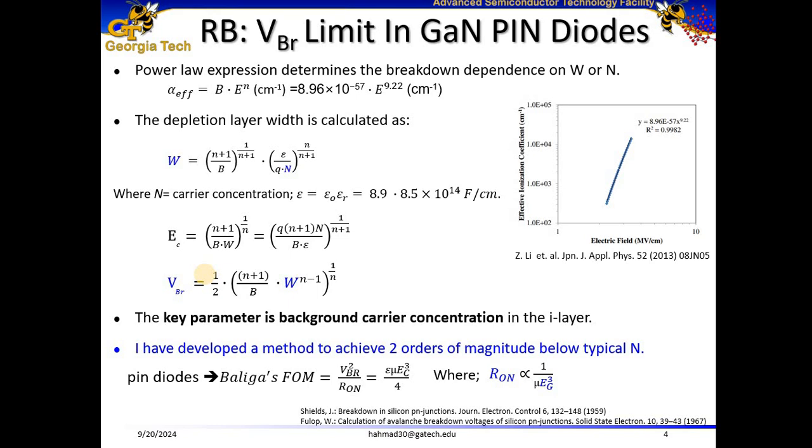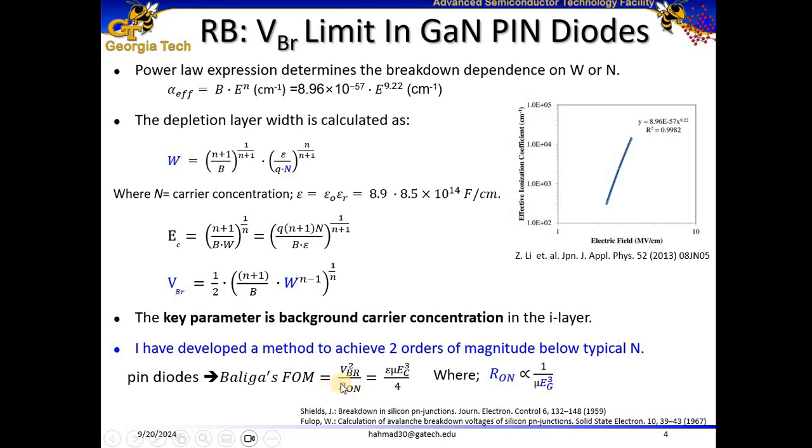So doping concentration plays a crucial role in finding both the depletion width and the breakdown voltage. Lower doping results in a wider depletion width and higher breakdown voltages due to reduced electric field intensity per unit length. However, Baliga's figure of merit, as we discussed in one of the previous slides, also depends on the on resistance